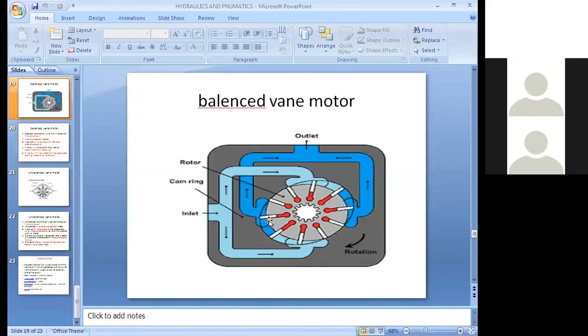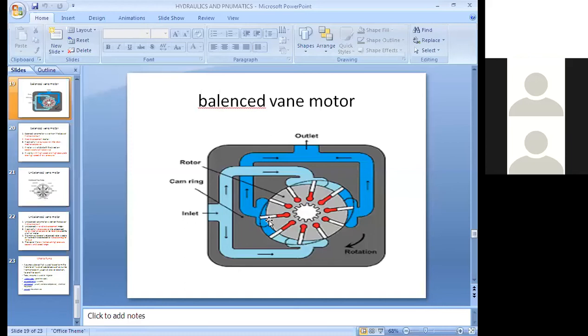Simultaneously, in the top portion of the rotor, you can see two directions of inlet there. At a time, pressure is applied on both sides and the rotor starts rotating. So these vanes start rotating. They are adjustable, so there is no chance for the fluid to move across from one vane to the other, because only the adjustable vanes rotate.